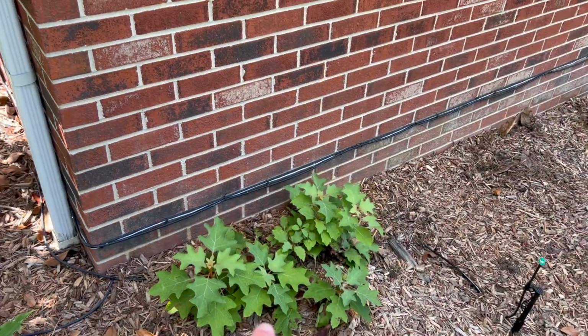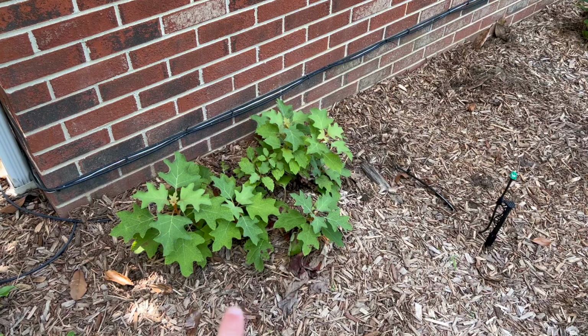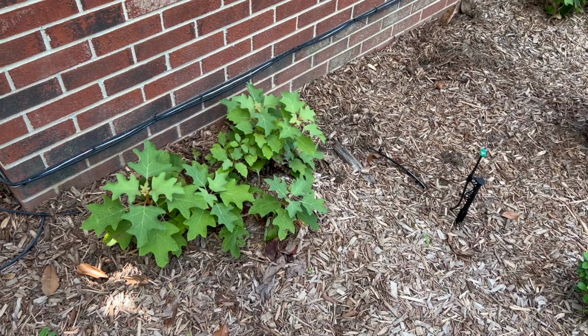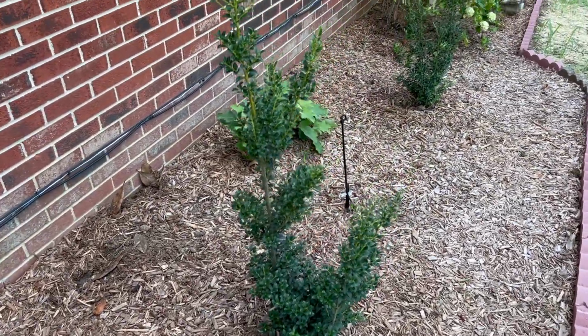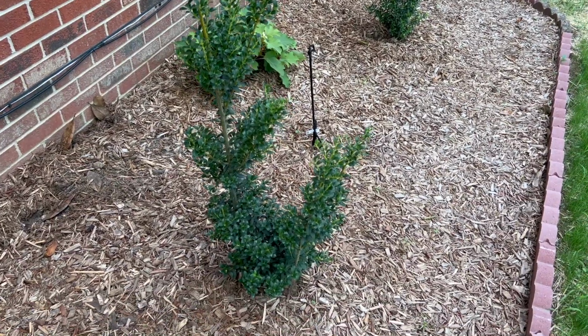Can't wait to see those grow up a little bit more. The oak leaves that I bought locally here in my town at a store called Menards have also thrived really well here. They love being up closer to the house and getting a partial day of sun and a partial day of shade. I lucked out at my local, not my local Lowe's, but the Lowe's in the adjacent town. I found these